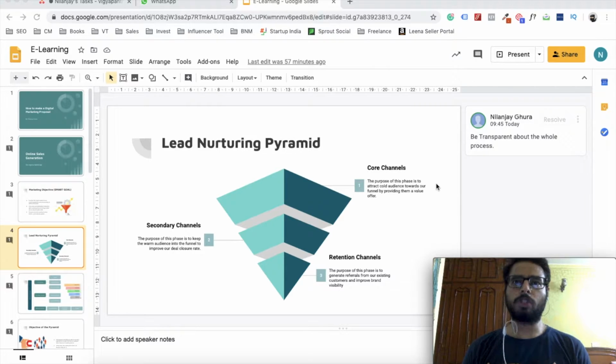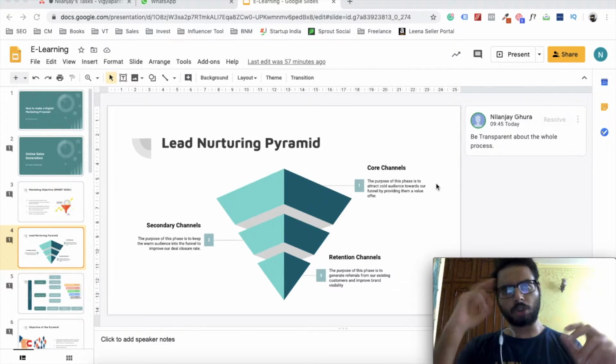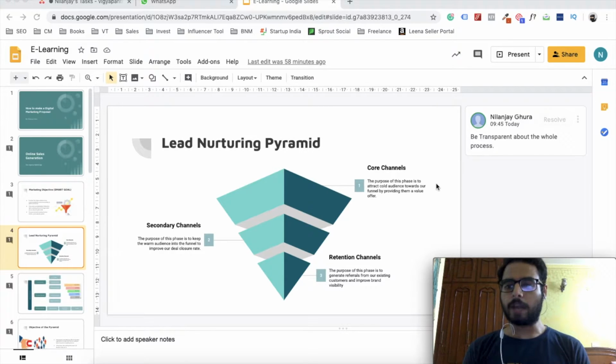One of the principles that I follow in my proposal is that I like to be transparent with everything. I want to show the A to Z journey to the client in a general way, not in a very specific way. I want to be very transparent and upfront with the client so that I'm not hiding anything from him or her, and he doesn't get this concept of any hidden cost in the entire proposal, right? So let's look at this